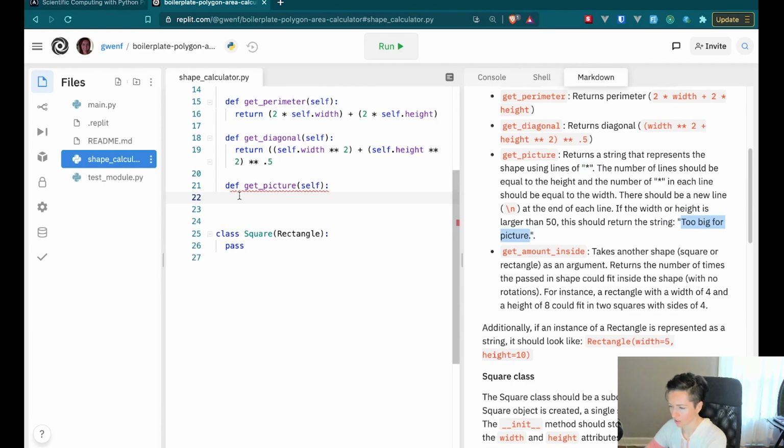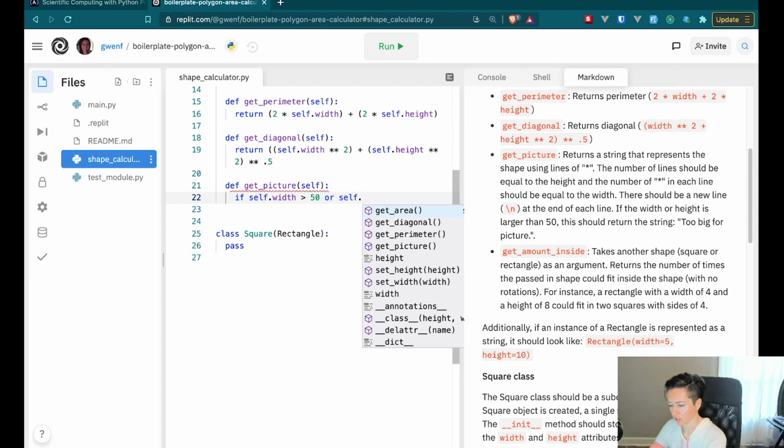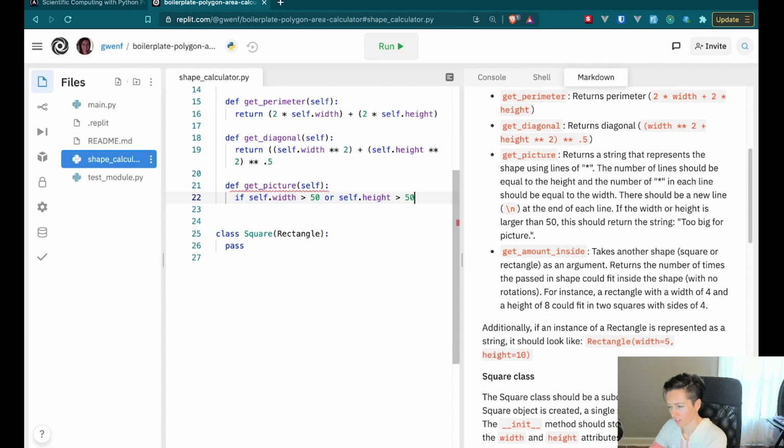Let me copy that. And if self.width is greater than 50, or self.height is greater than 50, then I'll just return this string too big for a picture. Okay. All right, so I did that check,